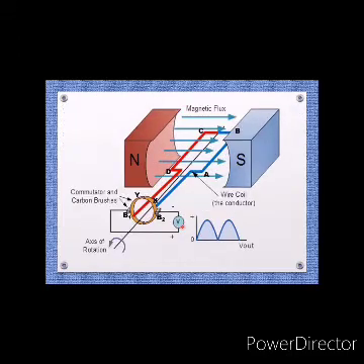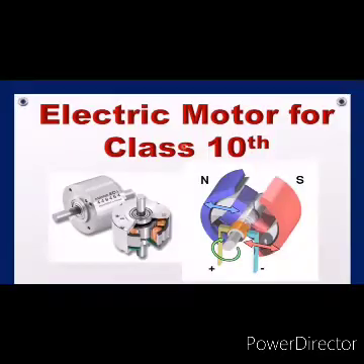So now here we have the picture where the direction of AB and BC have been changed. Remember, always the B1 brush will be connected to the coil side which comes towards the upper direction, and B2 will always touch the side of the coil which comes in the downward position.